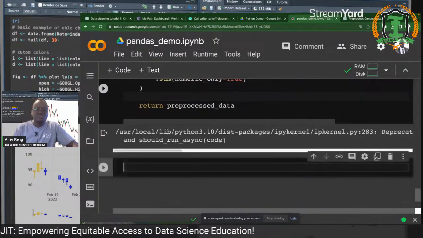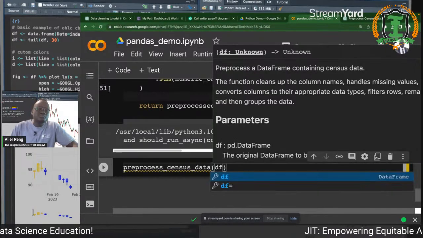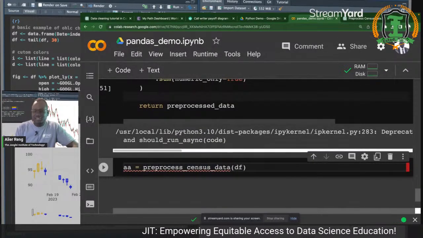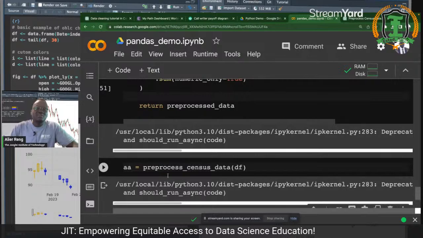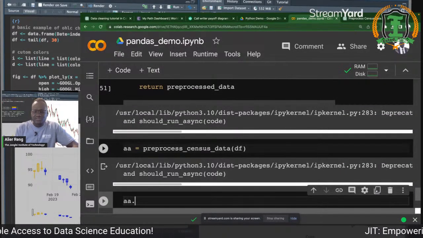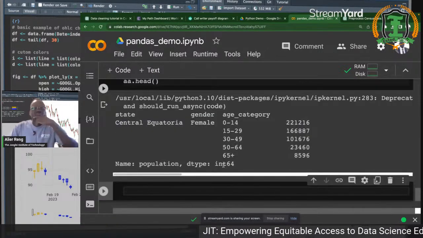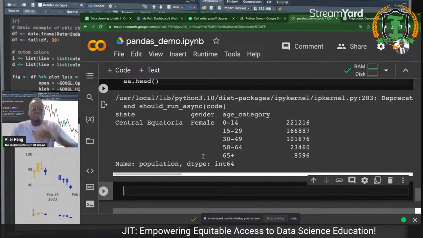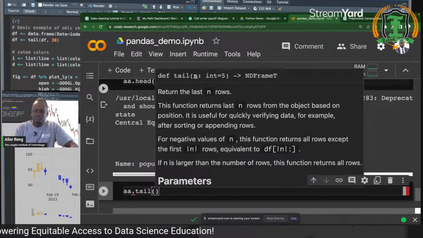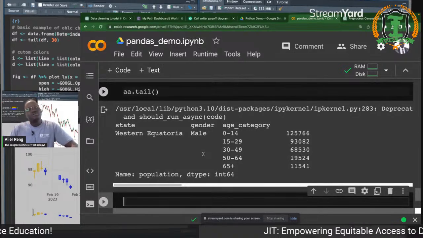Yeah, let's test this. Put in the data frame, and then call it AA, and then run that. And now let's look at it. Yep, that's it. What about tail? Okay. So yeah,